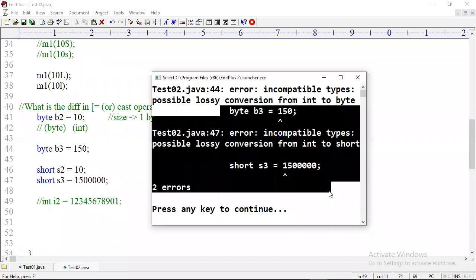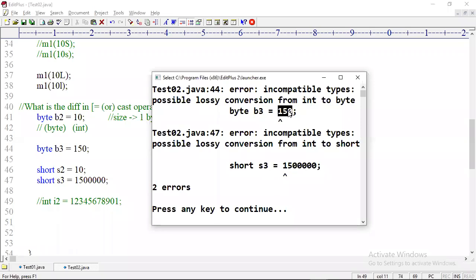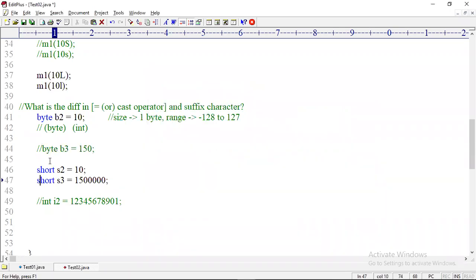If you understand this point, I can explain this 40-line. Number in the range of int, but assignment problem. If you take this case, what is the problem? Is the assignment the problem, or is the number itself the problem?